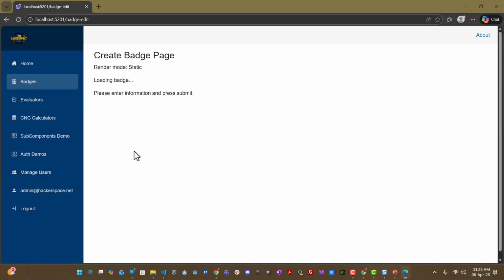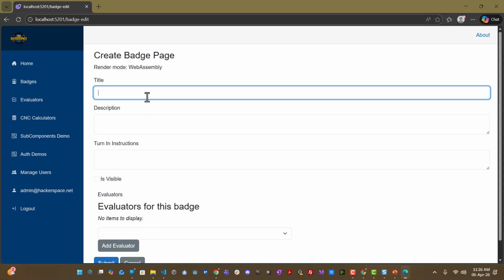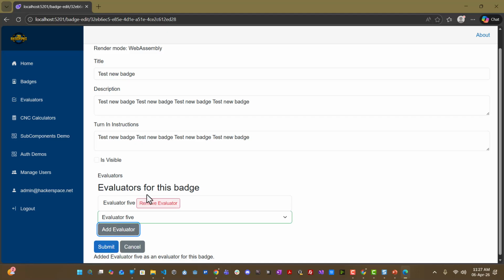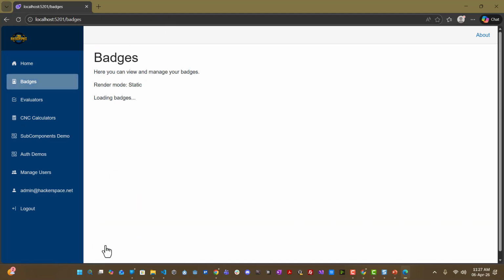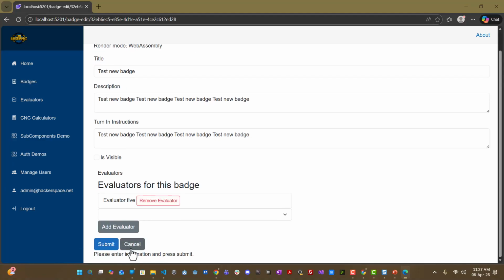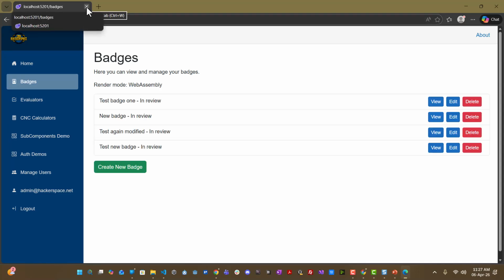And then let's create a new badge. We're in static. We want to see it go to WebAssembly without loading. Yes. And then we get our new badge. Oh, I think I said evaluator 5 and I forgot to hit add evaluator. Eventually, I think I'd like to replace this with the checkbox selection. I think it's a little bit more intuitive. Yep, and we have the evaluator there. Okay, so this appears to be working, and that's how we can clean up some of those, make those render